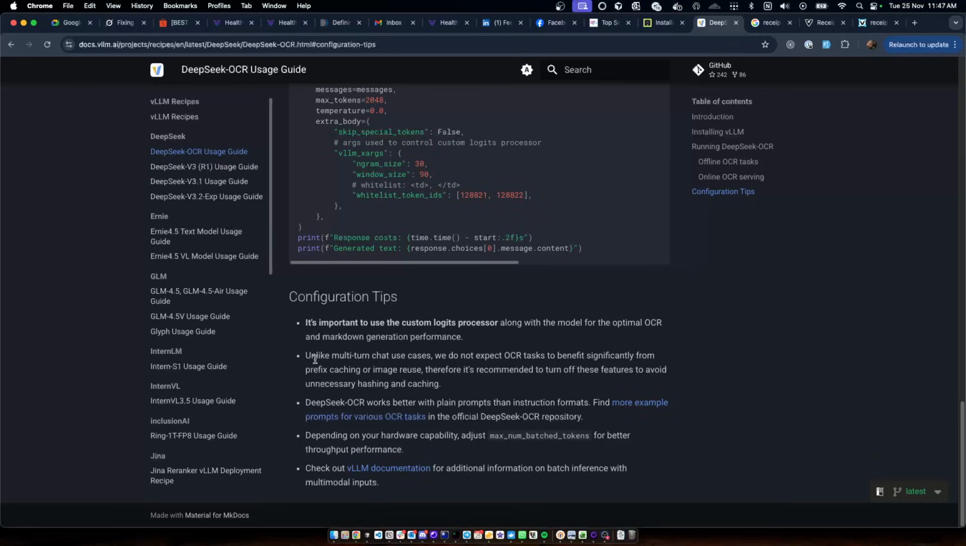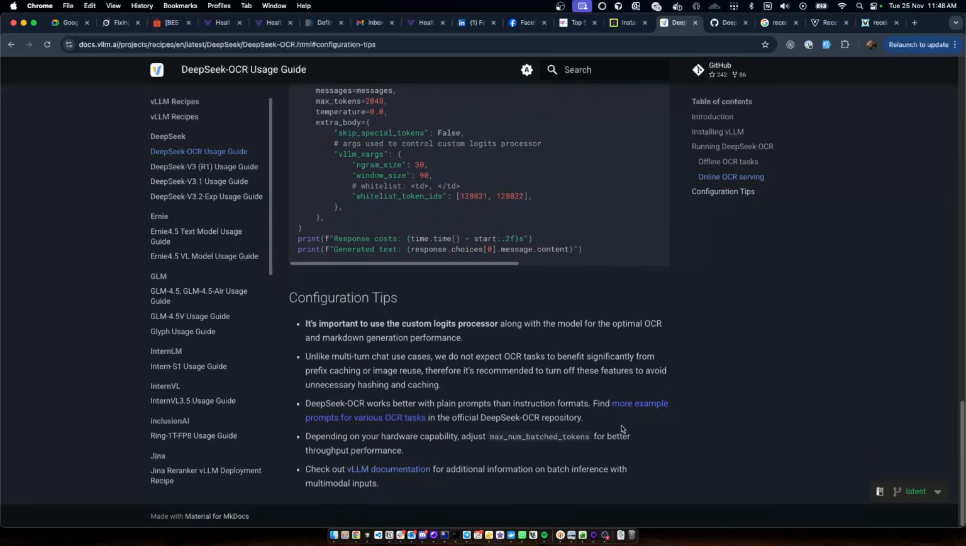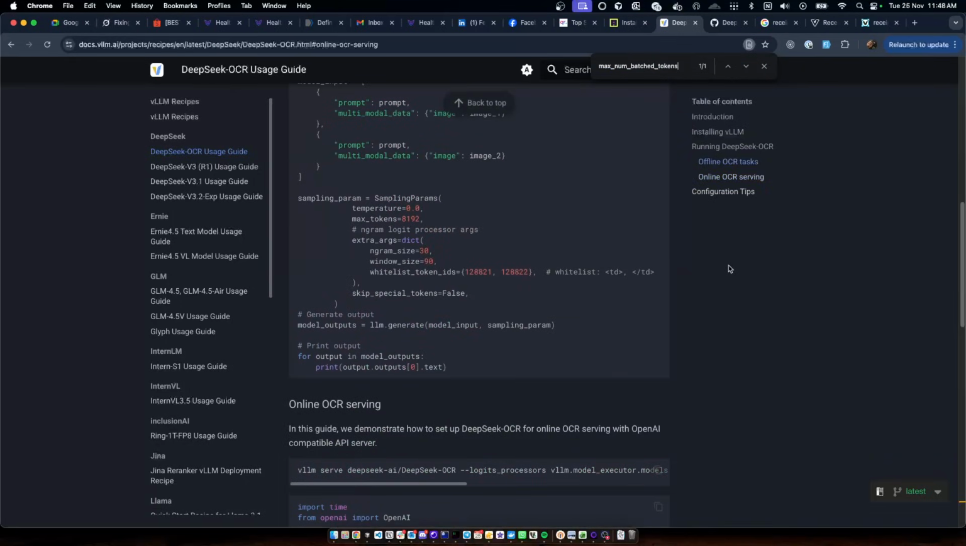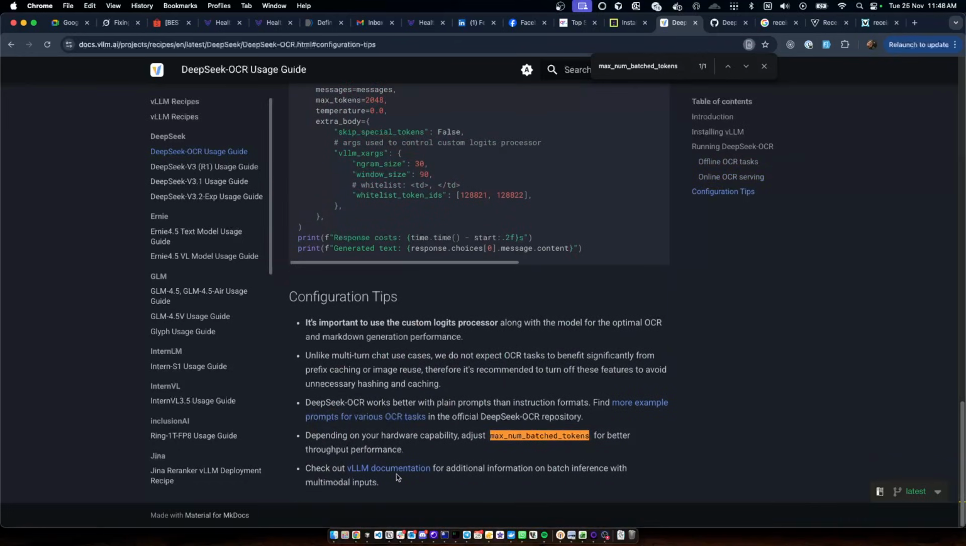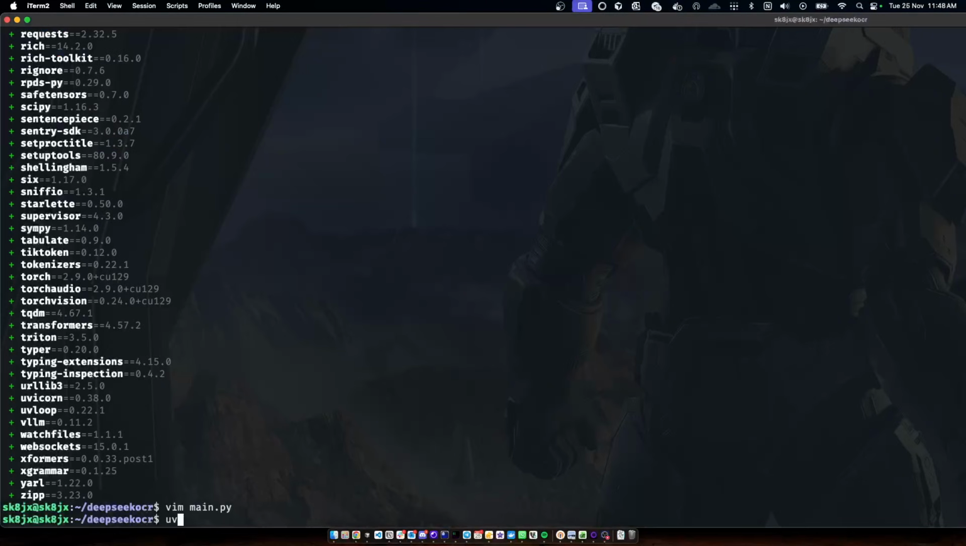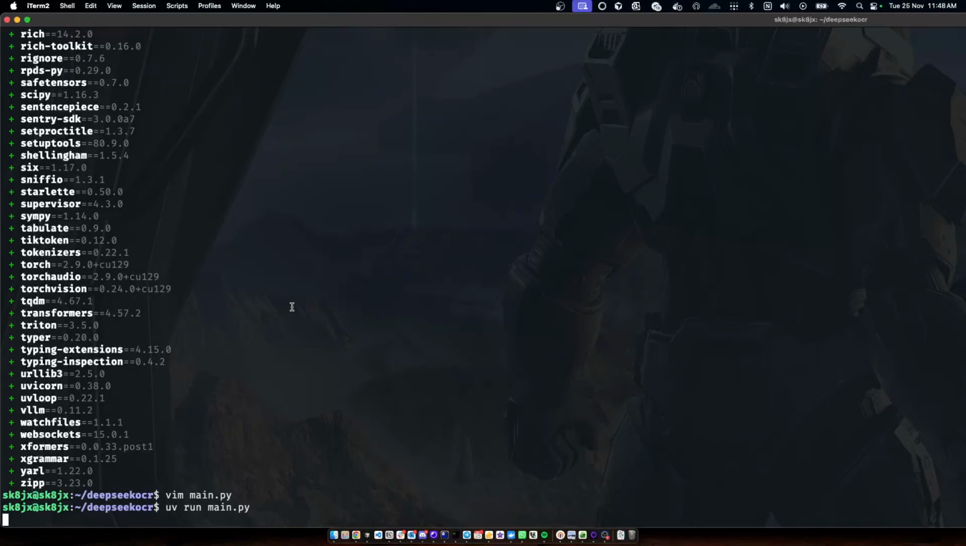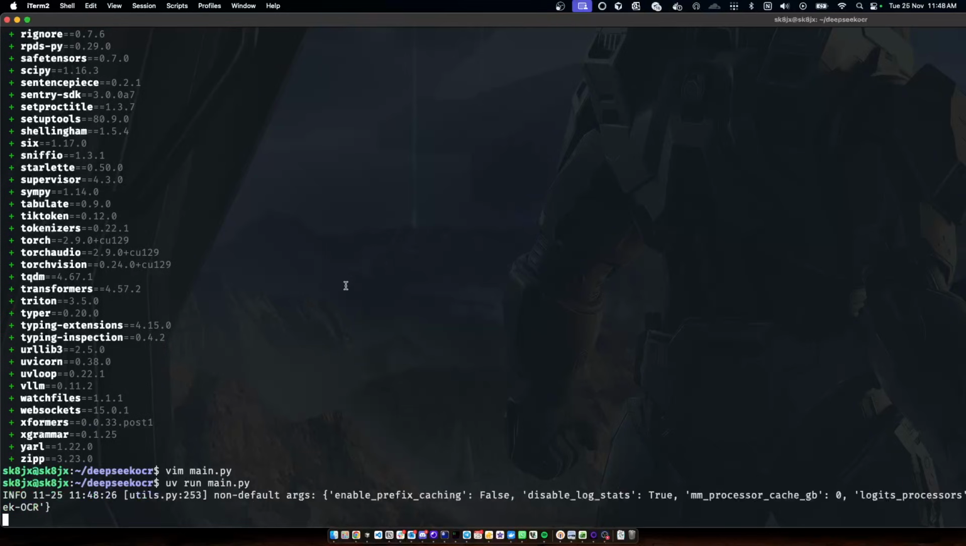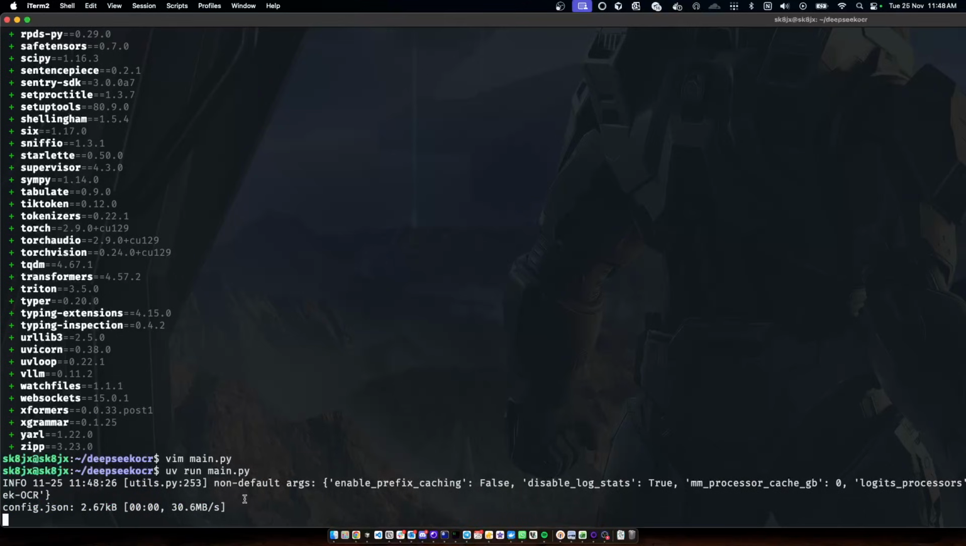OCR works better with prompts and an instruction format. For example, for OCR tasks, we can tweak the batch token or this max number. Oh, I don't have this in the code example, but I'll check it out. But let's try to run it. There's something wrong. My problem is usually that I always forget to,